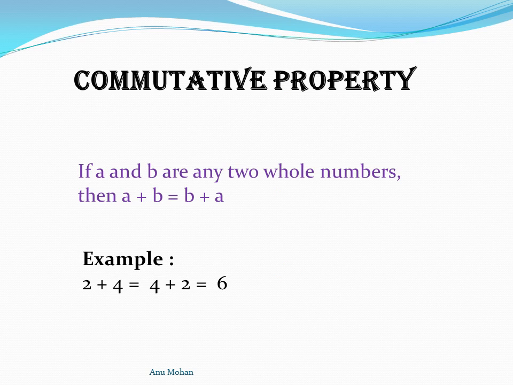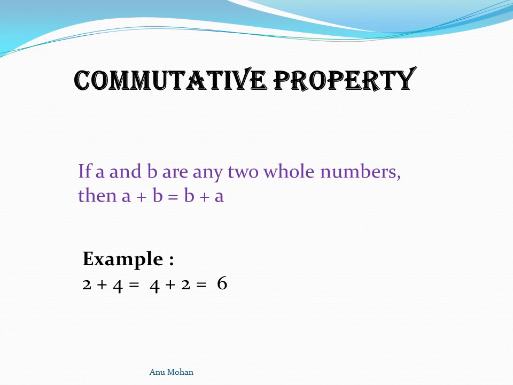So now what does commutative mean? Suppose you have a plus b, where a and b are whole numbers, and if a plus b is equal to b plus a, then you will say that addition is commutative. What did I just do there? I just moved the numbers, correct? I had a plus b on the left hand side and I moved the numbers. I made it b plus a. If both of these are equal, then we'll say addition is commutative.